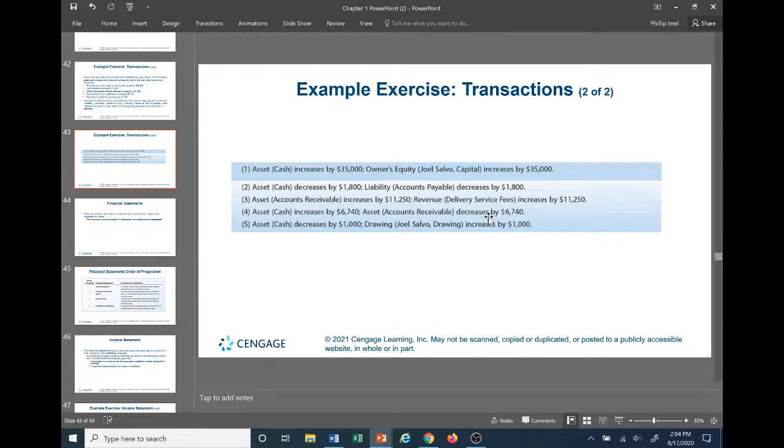Now we're the ones that are owed the money, so now we're receiving it. That's why cash is increasing by the amount that accounts receivable is decreasing. If we didn't decrease accounts receivable, it would be distorted, overstated, particularly for that customer, because we haven't given them credit for paying us the money they owe us. So it has to stay intact. For this particular instance, we're only dealing with assets, increasing one, decreasing the other.